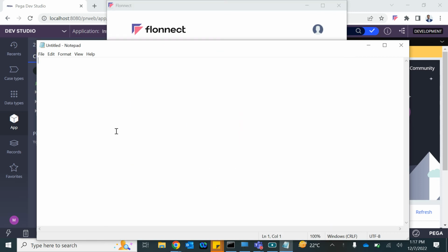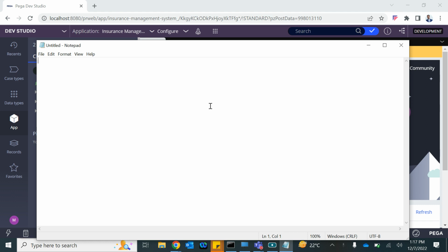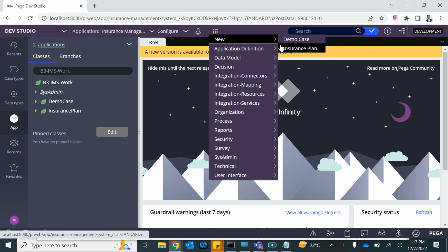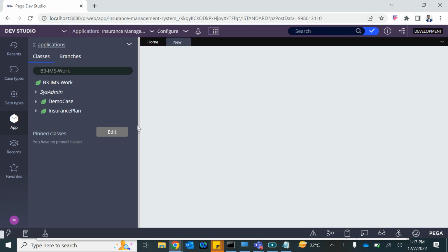All right. So in this session, guys, we are going to talk about how do we take greater control of the sections. For example, when we are running this insurance case type,